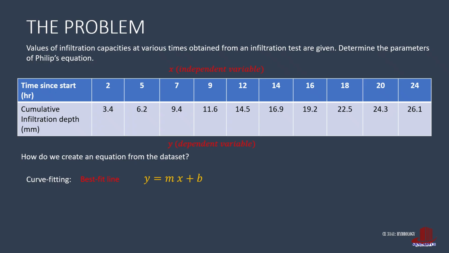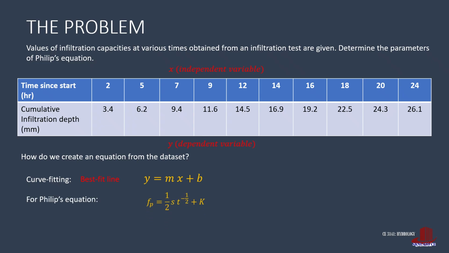Through numerical solutions, we have learned that given points, we use curve fitting to find the function. Here, we use the simplest, and that is using the best fit line, although you can also use other numerical solutions to look for the equation. The best fit line has the model of y equated to mx plus b. This is the slope-intercept format.